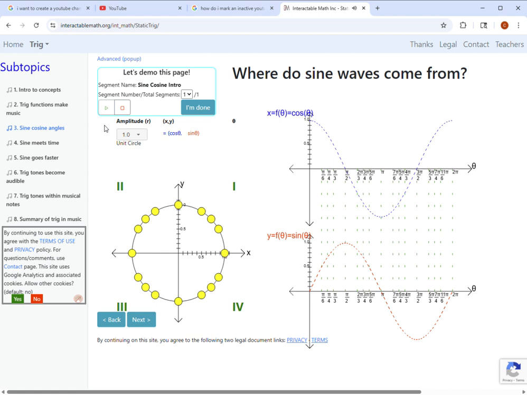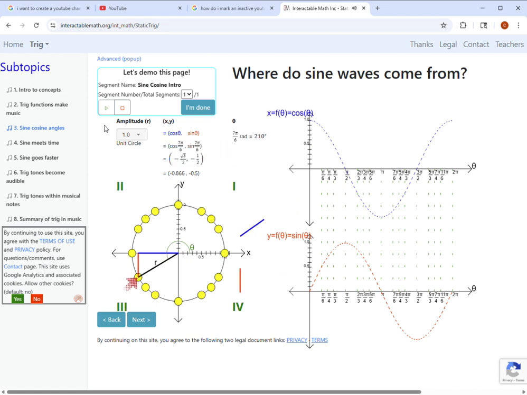I am clicking on the dot in order to increase phase from 0 all the way around to 2 pi. Of course, 0 is the same as 2 pi and 4 pi and so on. Remember that sine is the opposite over hypotenuse and cosine is adjacent over hypotenuse. However, for the unit circle, the hypotenuse is 1. So the sine is just the opposite in red, and cosine is just the adjacent line in blue.